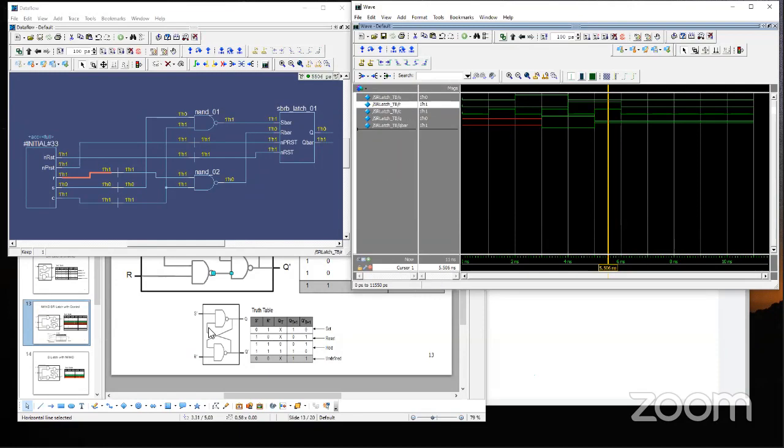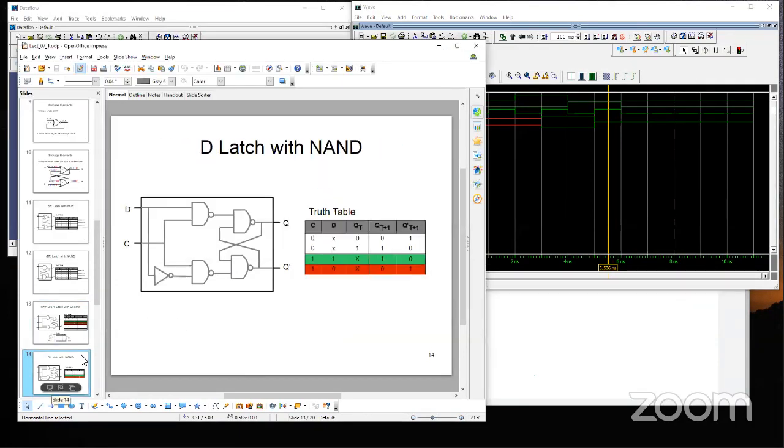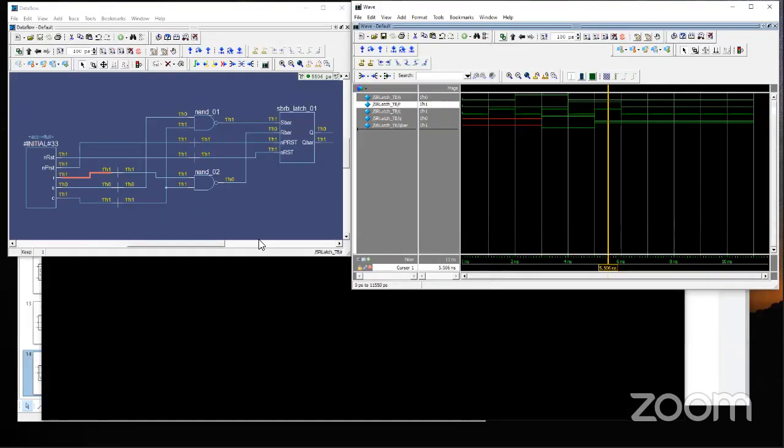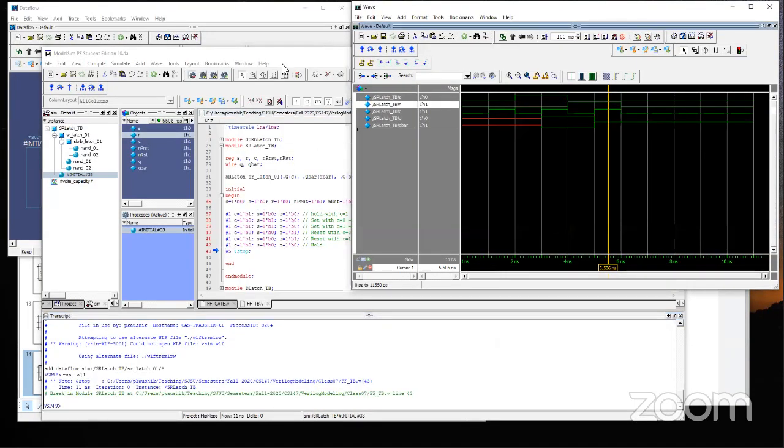All right, now from here, let's see the D latch. So what did we do? A D latch is nothing but tying up S and R as an inversion, right? So what I did on the implementation side,